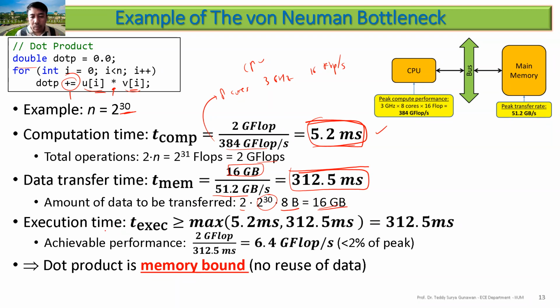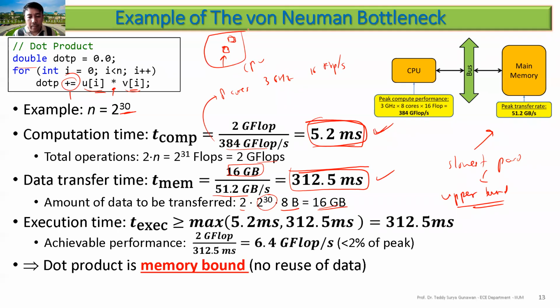So the execution time will be larger than or equal to the maximum between these two. You can see the slowest part will determine the upper bound, because you cannot go faster. It will be determined by the slowest one. So if you are running in a team group, for example, the result will be determined by the slowest one. For example, your instructor said, please run in a group. You can run faster, but your friend can only run very slow, then it will be determined by your friend's speed, overall